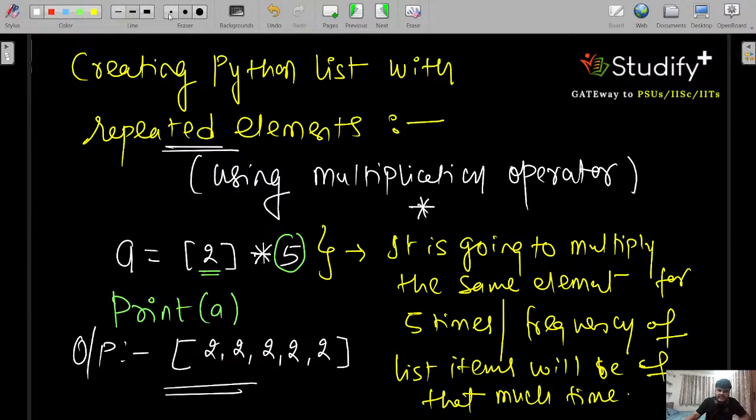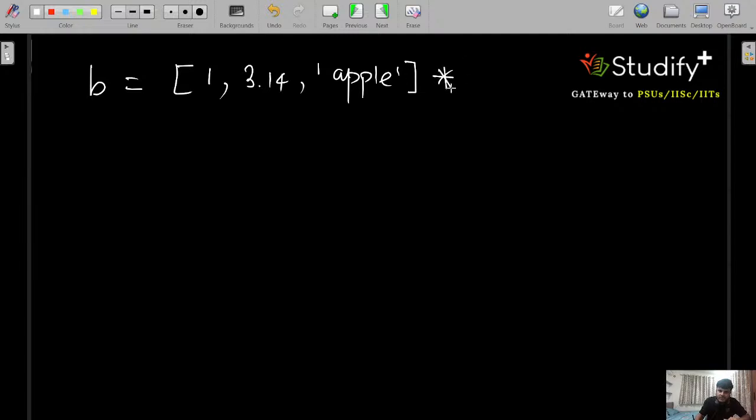One more thing is that it is not necessary that it must have a single element. It can have any number of elements. So let's say we are having another list b equal to 1, comma, let's say 3.14, comma, and let's say one string we can take, let's say apple. This is one string. And if I am using the multiplication operator, 2, let's say, and after that if I am going to print b, then